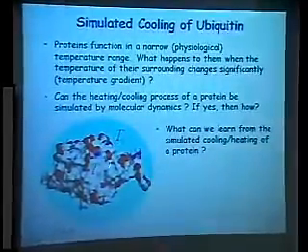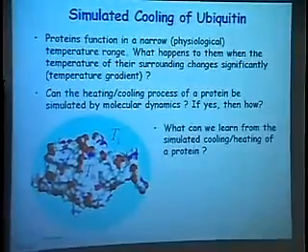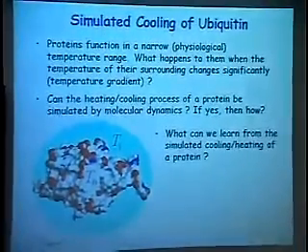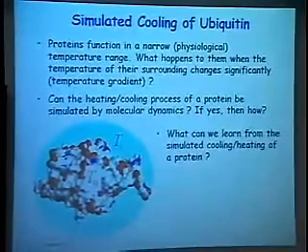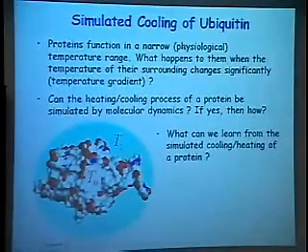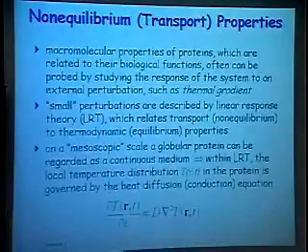Because it is produced by a temperature gradient. Whenever you have a temperature gradient, you have a macroscopic current of energy or mass. In this case, we are talking about heat. So it's energy transport from the protein, which is at higher temperature, towards the coolant, which is at a lower temperature.